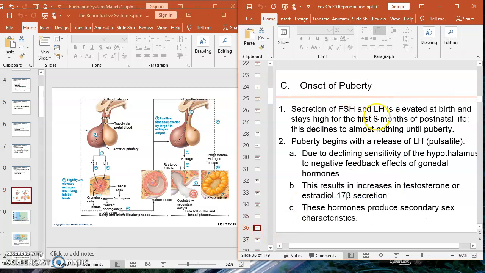The secretion of LH is elevated at birth and stays high for the first 6 months. This declines to almost nothing until puberty. Puberty begins with a release of LH. So the key point here is that LH, luteinizing hormone, is really the thing responsible for puberty. This appears to be due to a decline in sensitivity of the hypothalamus to negative feedback. But the major aspect we find